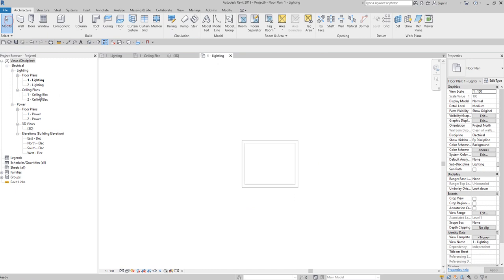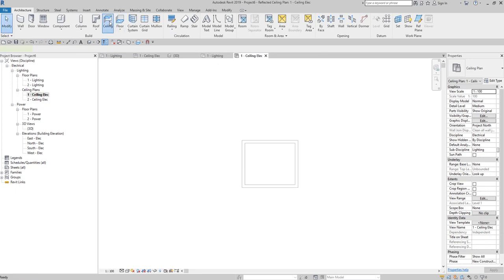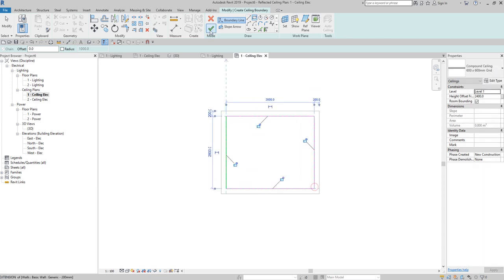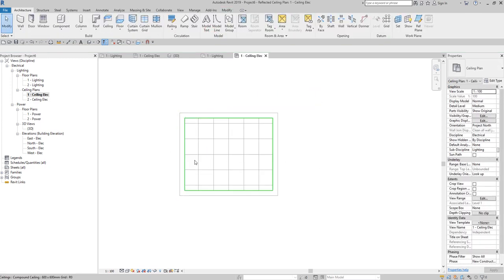Okay, so 4 walls, and then I go to ceiling. I need to create a ceiling here. Okay, I'll just create the ceiling from here to here. All right. And now what I'm going to do is, since this is already a live ceiling, I'm going to